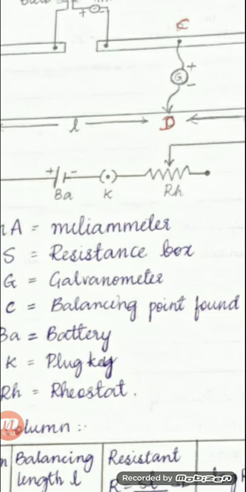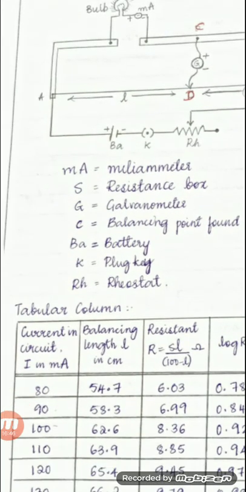So how much you are going to vary is nothing but, say for example, your first value is 80